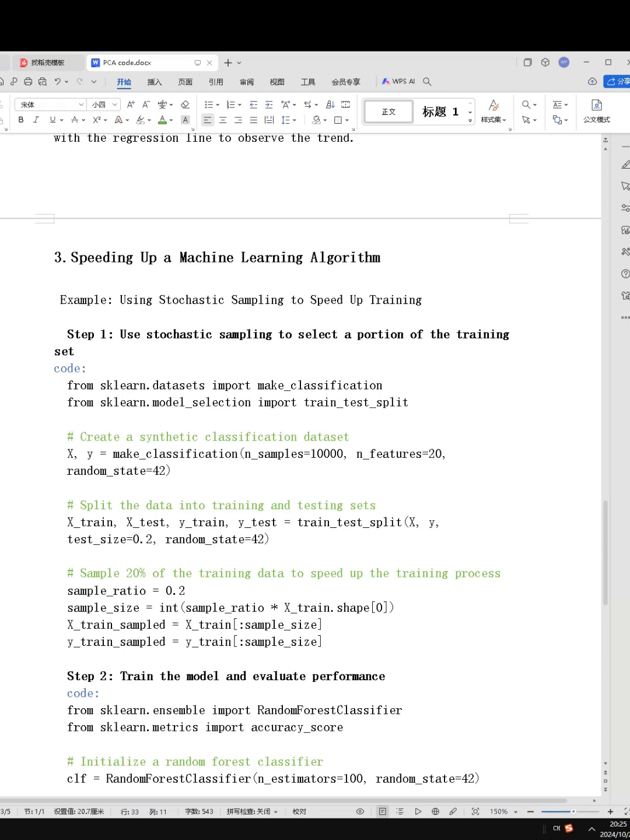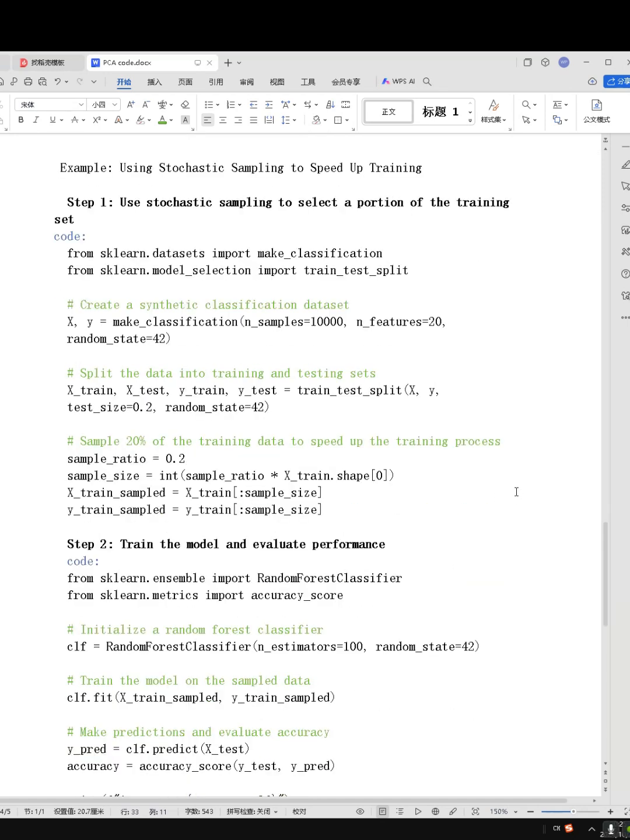So, first step, we use stochastic sampling to select a portion of the training set. So we need to use those two imports from sklearn and create a synthetic classification dataset, which uses make_classification, and then we'll choose 20% of the training data to speed up the training process. So we use sample ratio and set the number to 0.2,